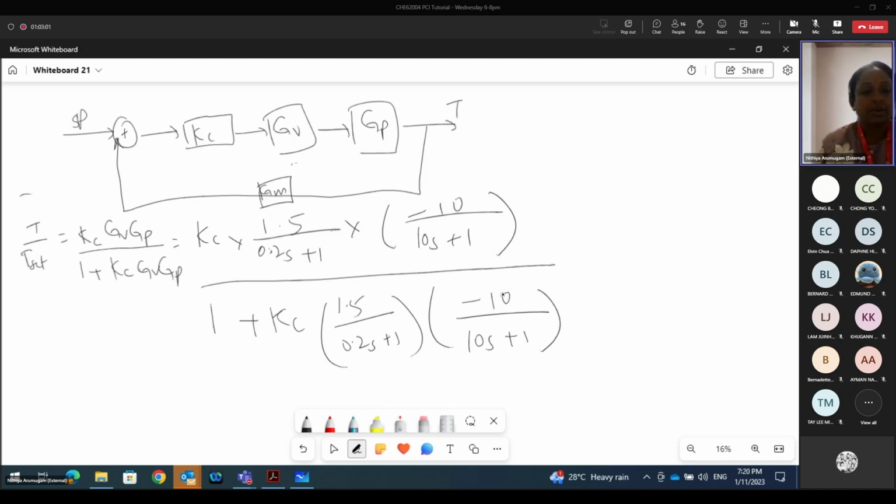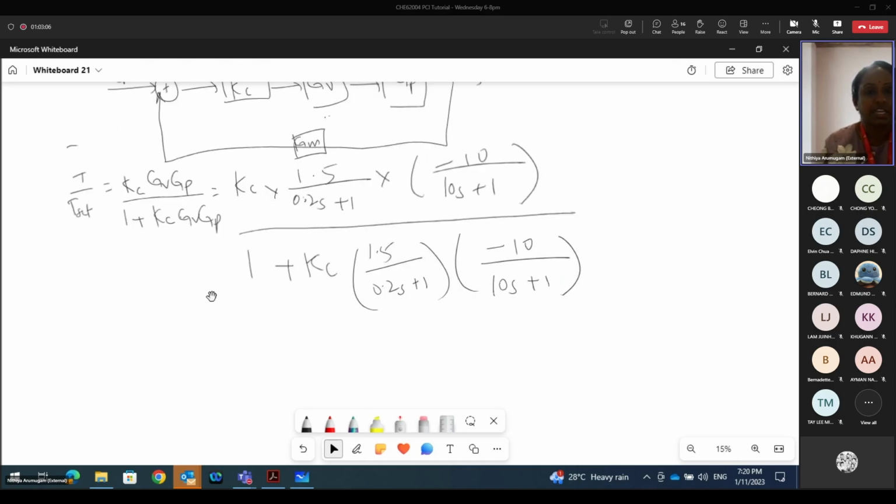All right. Now, simplify all these. You can actually express the entire equation as negative